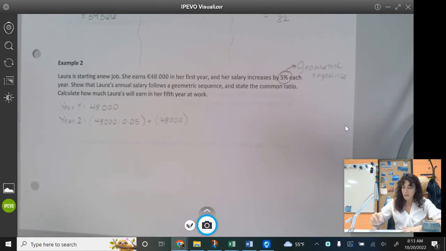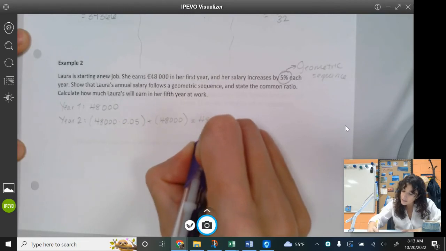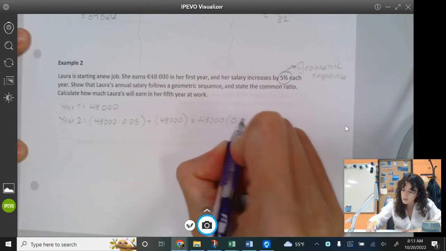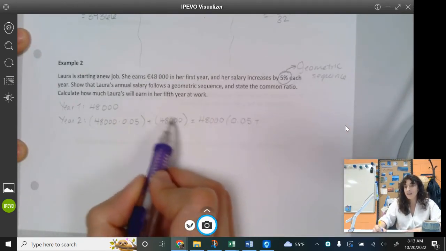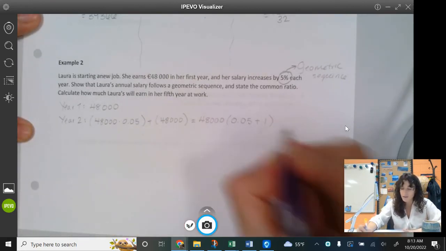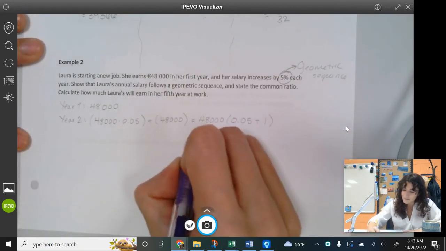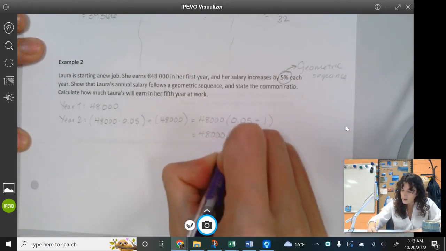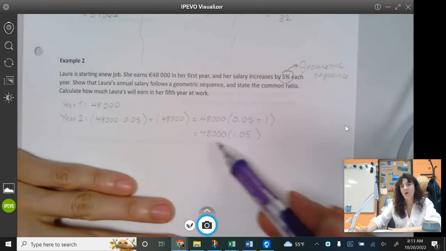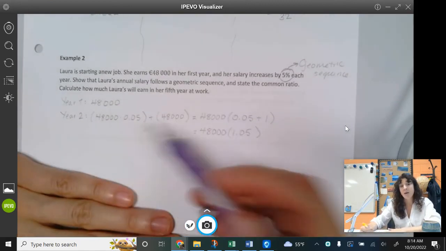Okay. I'm going to do a little math magic here, and I'm going to factor out the greatest common factor between these two terms, term 1, term 2. The greatest common factor is 48,000. And what am I left with? Well, I'm left with 0.05 plus, and while yes, I'm left with nothing here, I really divided this by itself, and dividing a number by itself is just 1. So by taking out the greatest common factor, it's a little bit easier to see how this would be a geometric sequence. You could stop here and say, this is